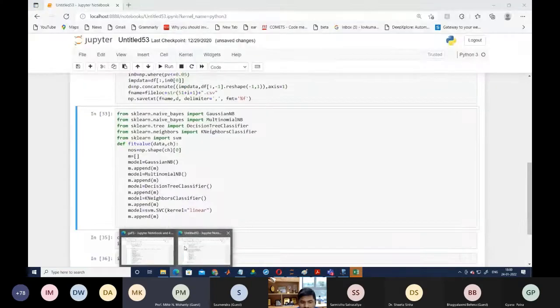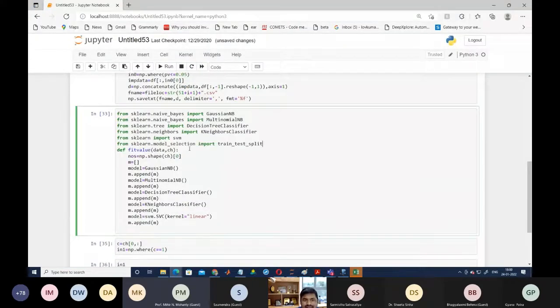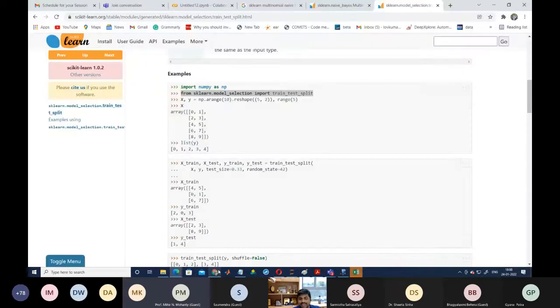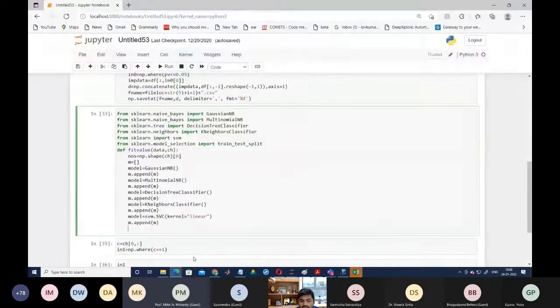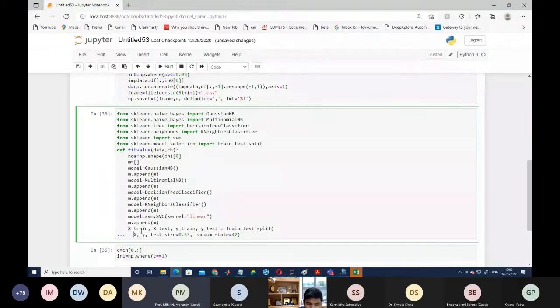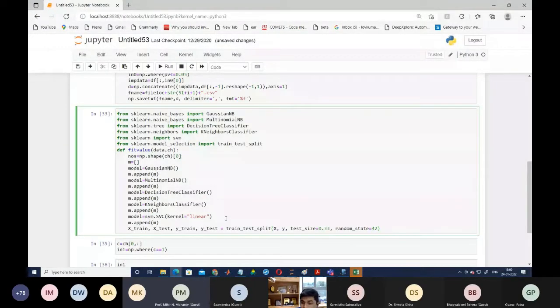Here we use the technique called train and test split, where we find our training data and our testing data. This is the code we have to use to divide the data. Now we are going to use 30% of the data for testing and the remaining 70% for training. We write data of all rows, columns 0 to -1, because these are the features, and the last column contains your labels.